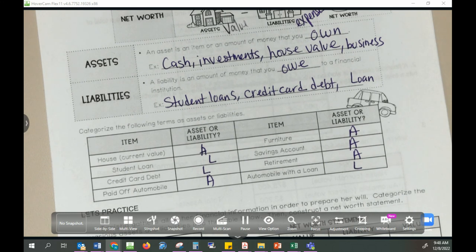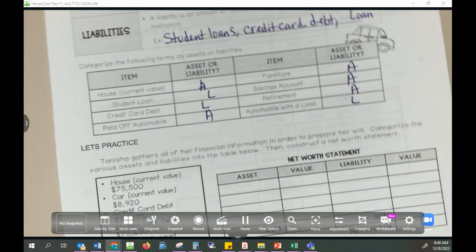Now, the only thing about an automobile is to understand whether your car has value, because there are certain cars that appreciate as they get older and they're in great shape. Those then turn into assets because they still have a value. But a lot of cars that people ride around that are all nice and flashy, and they're paying these expensive notes, they're liabilities.